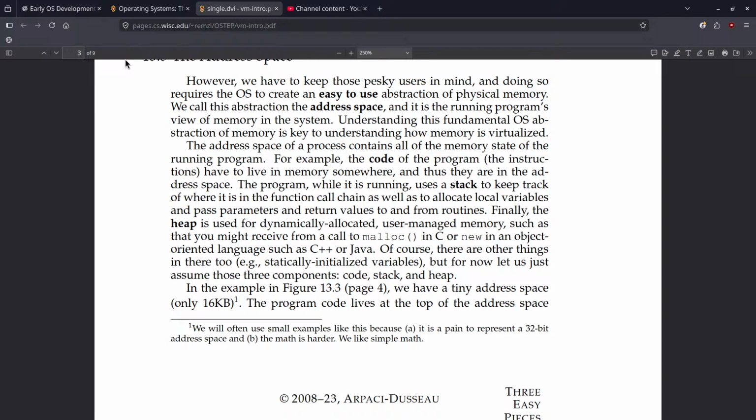The address space of a process contains all of the memory state of the running program. For example, the code of the program, the instructions, have to live in memory somewhere, and thus they are in the address space. The program, while it is running, uses a stack to keep track of where it is in the function call chain,